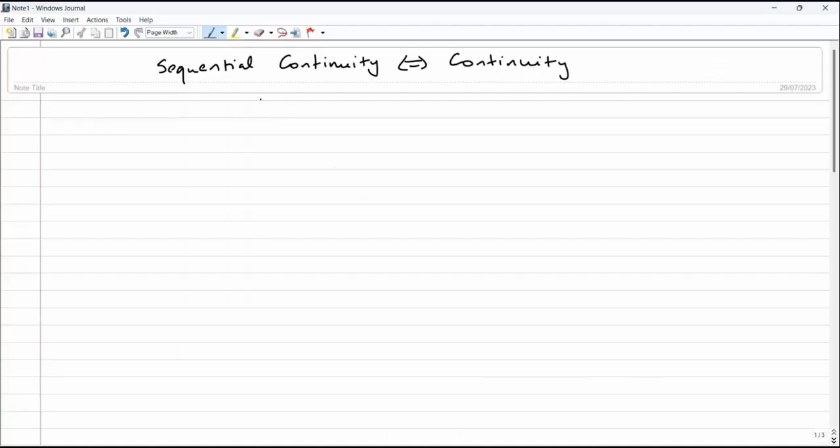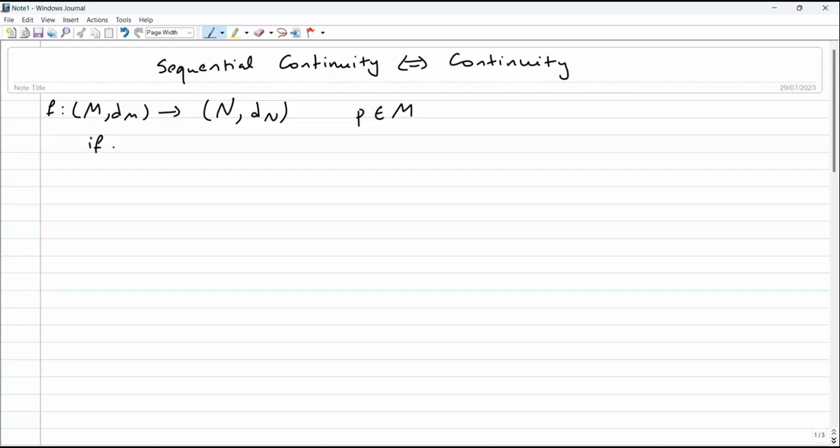Hello and welcome back. In the last video, we defined the notion of sequential continuity, and we defined continuity before that. I'll just remind you of the setting. We have a function f that goes from a metric space to another metric space. We have a point p in M, and we say a function is sequentially continuous at this point p of M